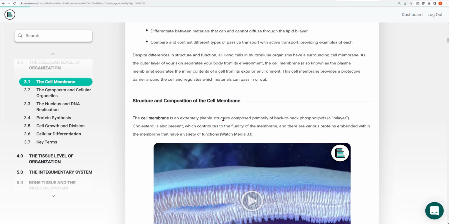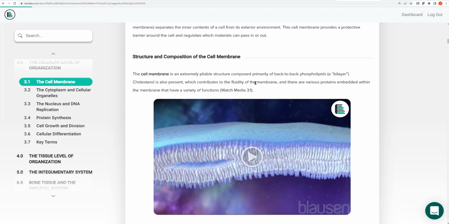So in a cell membrane, not only do we have these phospholipids, but there's also a fair amount of cholesterol. Now, we hear about cholesterol all the time pertaining to our diet. We know that too much cholesterol is not a good thing, that we should limit our cholesterol intake. You probably know that eggs, for example, have a fair amount of cholesterol in them, and that high cholesterol levels are associated with heart disease and with cardiovascular problems. But we rarely hear in the news that your own body makes cholesterol.